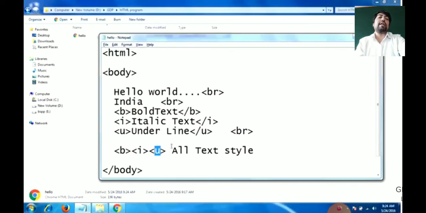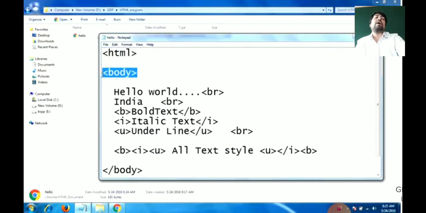The three different tags have different uses, and they are closed with the slash that appears for closing the required tags. I have closed the italic tag by inserting the slash there.